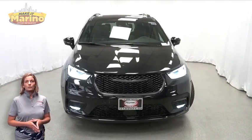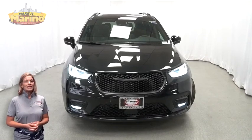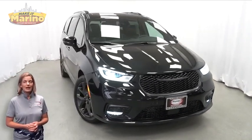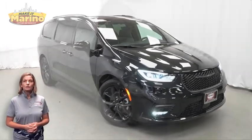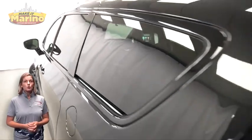Looking for a highly equipped family vehicle with all the right options and reliability? We'll take a look at this 2023 Chrysler Pacifica Limited in brilliant black. With adaptive cruise control with stop and go, S appearance package, 20-inch aluminum wheels,